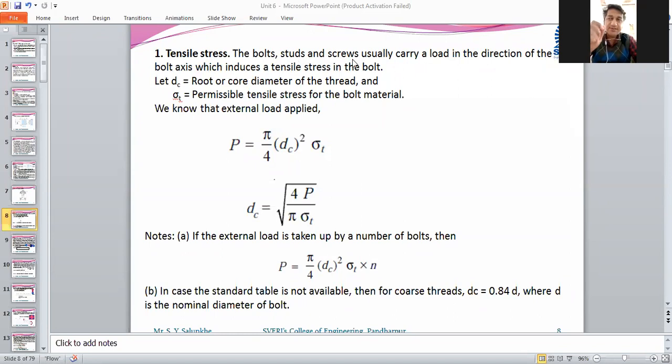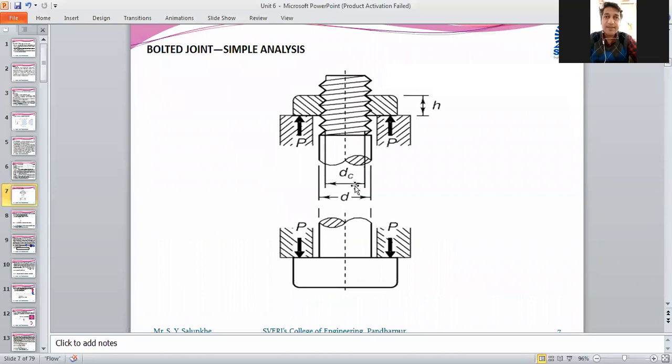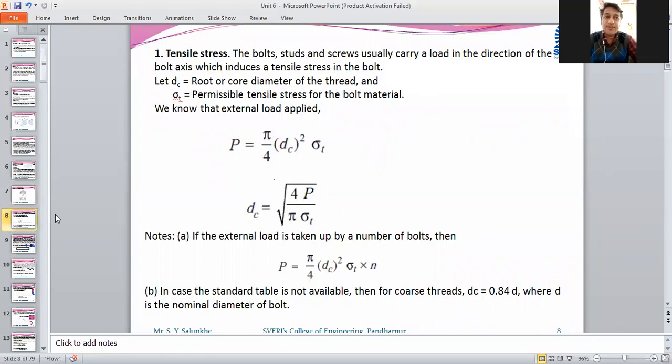In some applications, they come across shear stress also, like in the case of a flange, where one shaft is going to rotate and another shaft is carrying that rotation, and the flange transfers that rotation from one shaft to another shaft, where shearing will occur in these fasteners, that is, bolts. But purely, first of all, you are going to consider this as undergoing tensile load. Hence, we are going to calculate the tensile stresses.